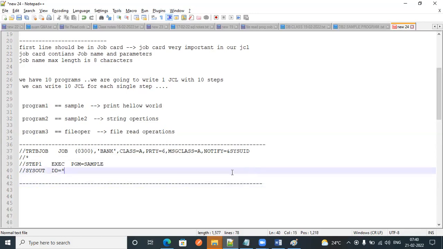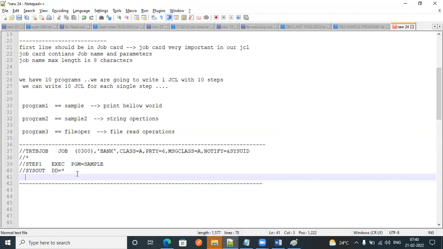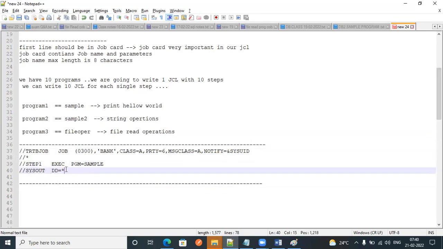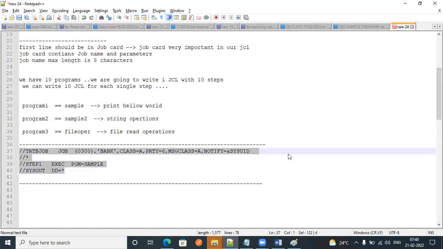See, earlier we wrote a program in our online compiler. If you click the execute button, it automatically gets executed. But in real time, we need to prepare a JCL like this. First is the job card. In step 1, we give our program name and SYSOUT DD star.